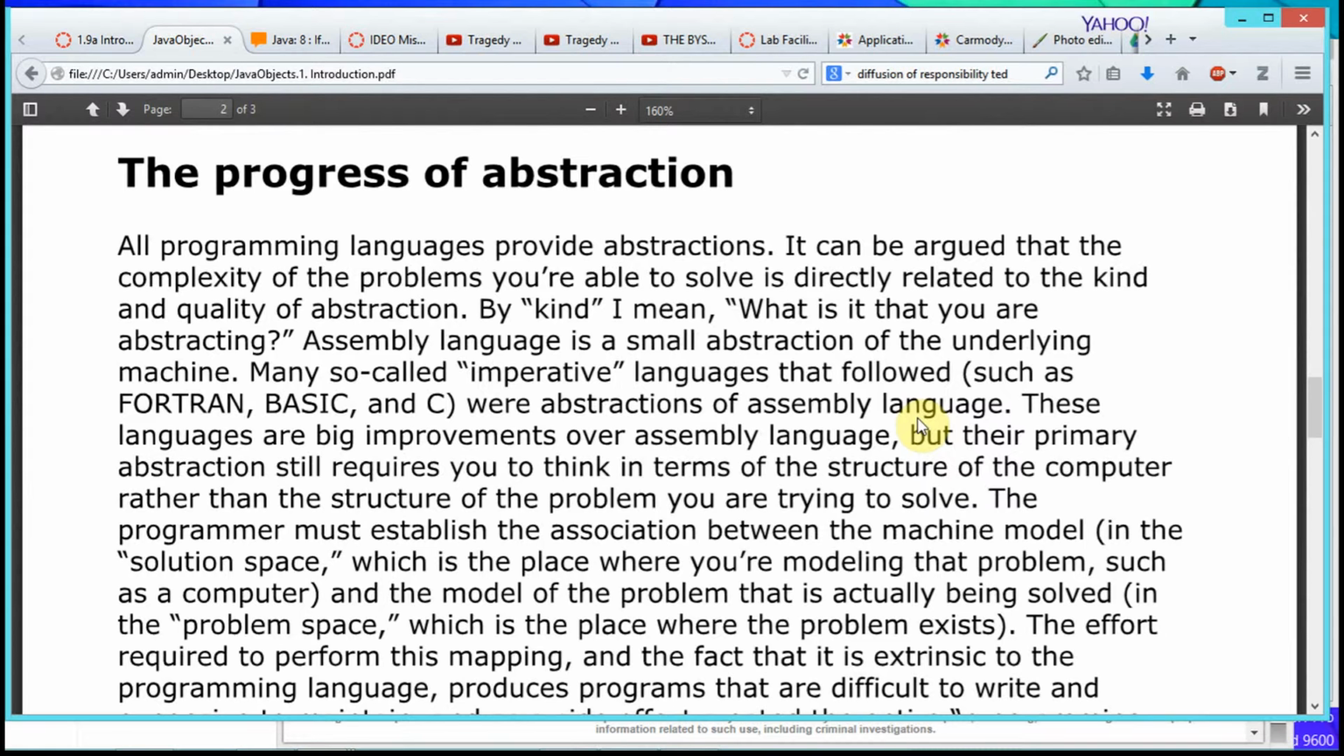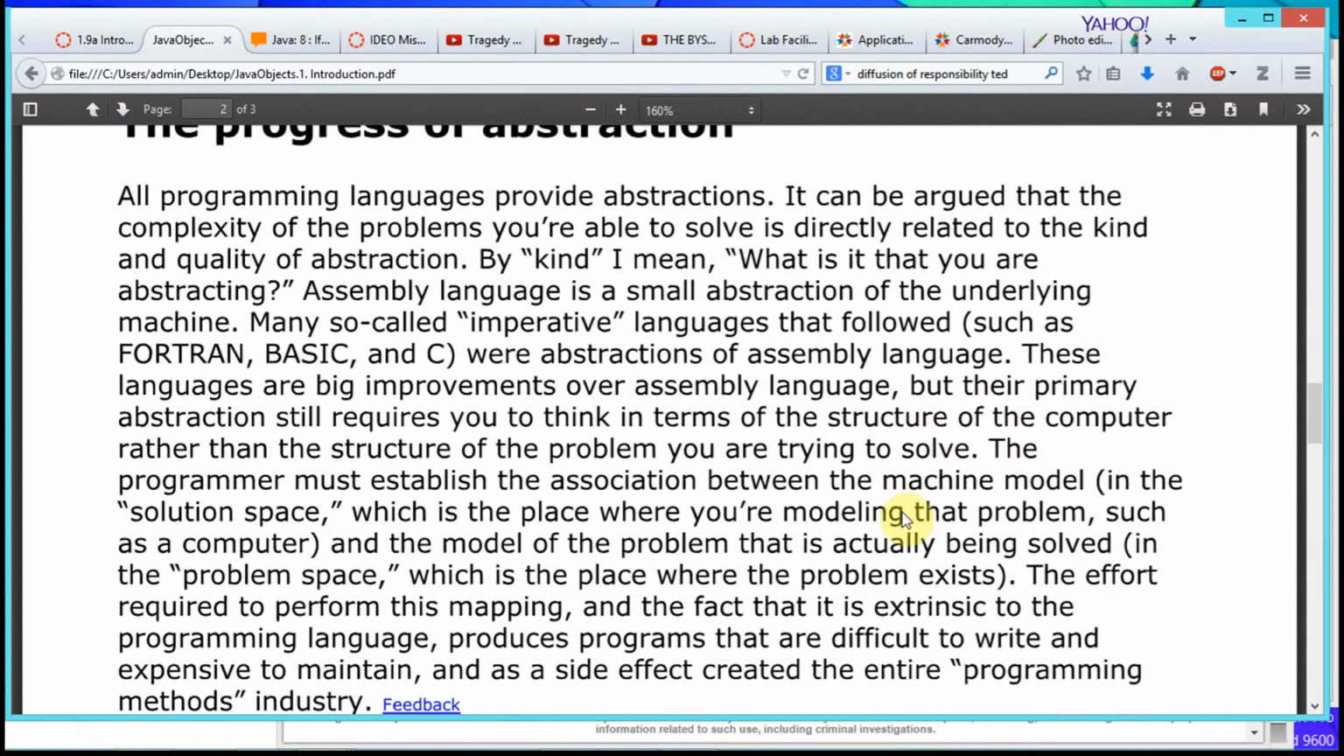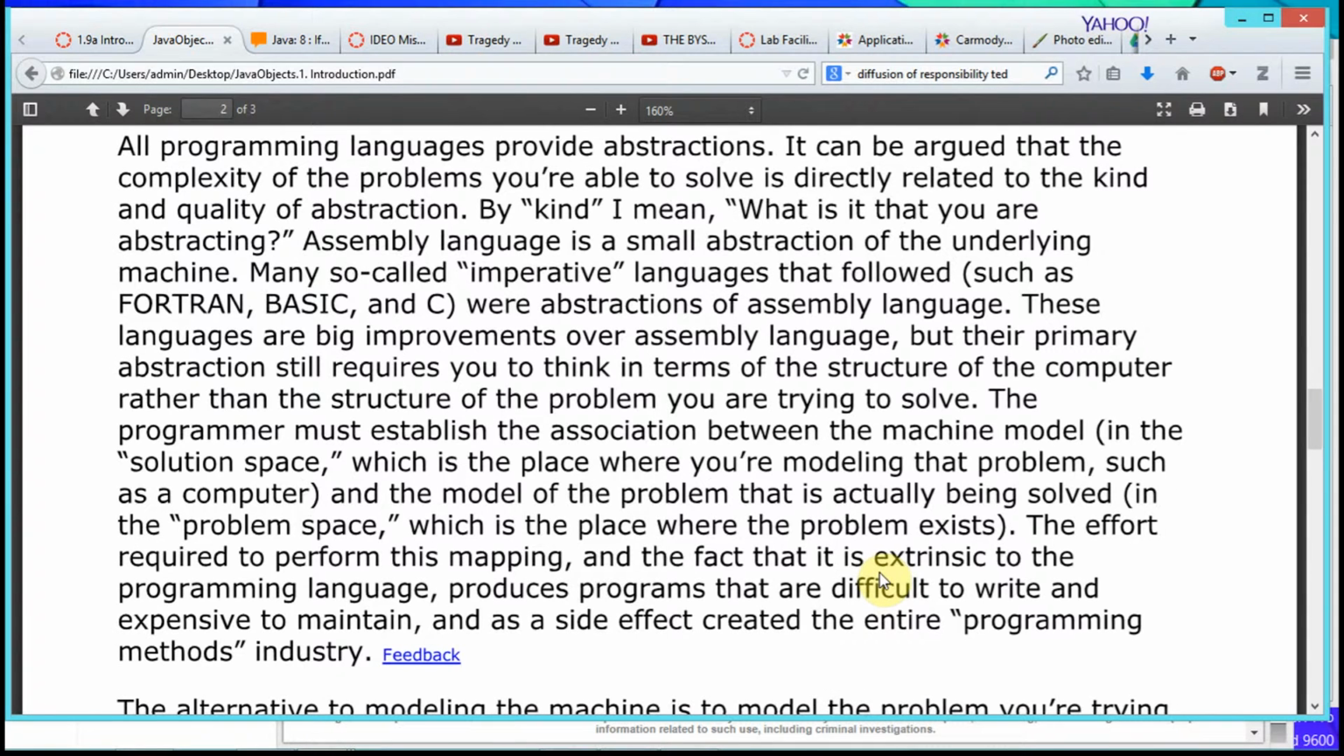Many so-called imperative languages that followed, such as Fortran, BASIC, and C, were abstractions of assembly language. These languages are big improvements over assembly language, but their primary abstraction still requires you to think in terms of the structure of the computer rather than the structure of the problem you are trying to solve. The programmer must establish the association between the machine model in the solution space, which is the space where you are modeling that problem, such as a computer,